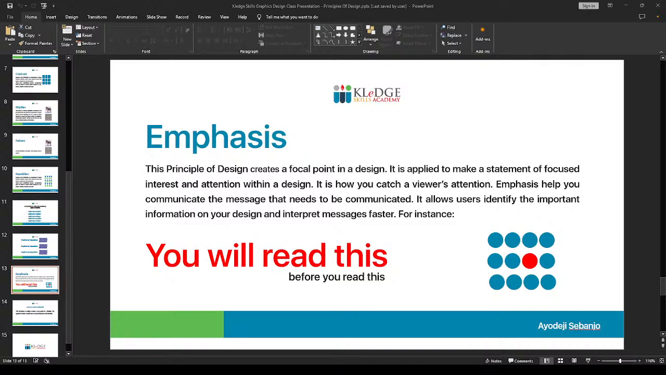And if we look at the text that we have below, we'll discover that